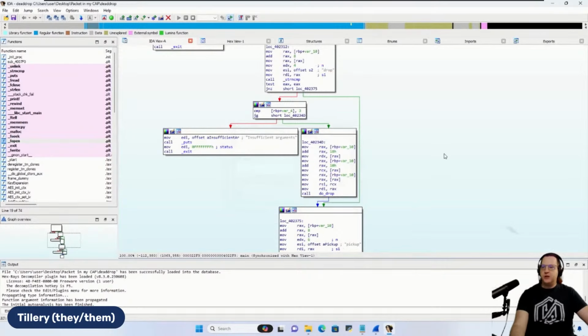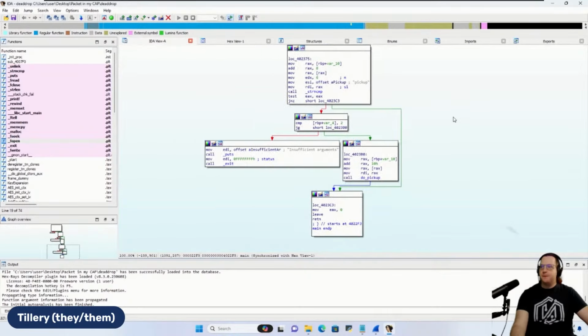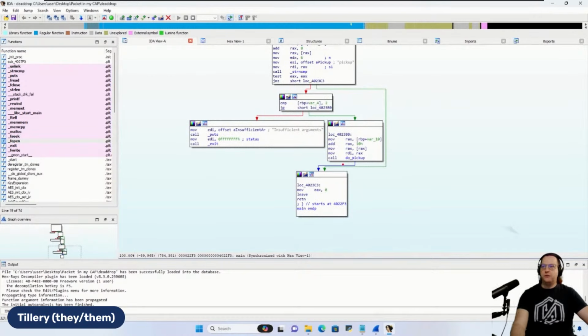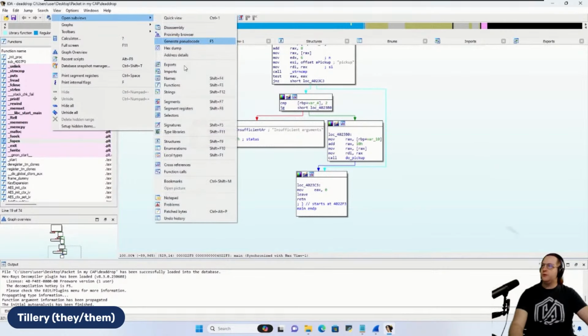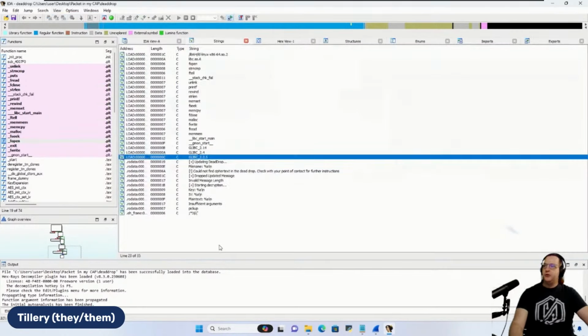And then we have something down here that's comparing to pickup, and then we have a call down here for doPickup. So we really see that there are two options or two paths that we could go down just from the basic execution of this program. We can also take a look at our strings view like we did last month. So if you go to View, Open Subviews, Strings,